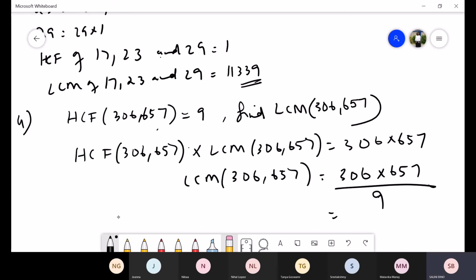So divide, and when you do the simplification, 9 7s are 63 and a 3. So multiply 306 into 73. 306 into 73. So what you will get is